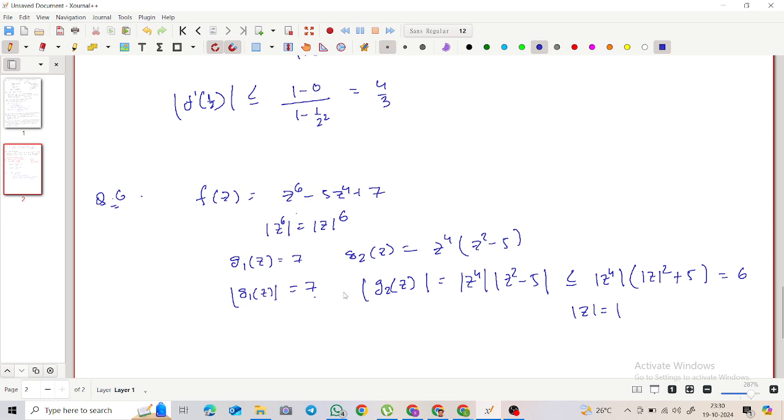So how many zeros are there inside mod z equals 1? 0, right? Because this is the bigger function. So by Rouché's theorem,